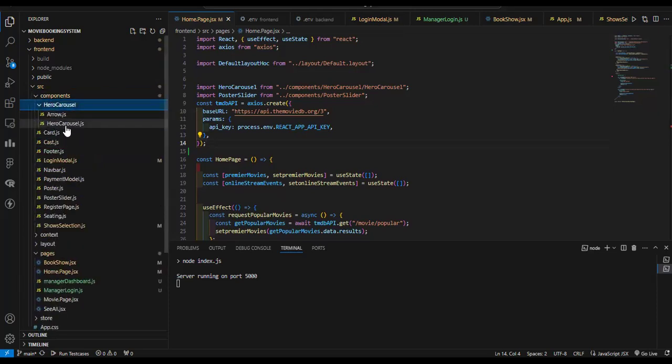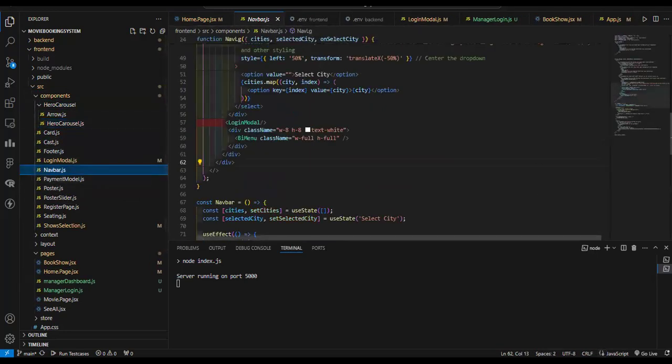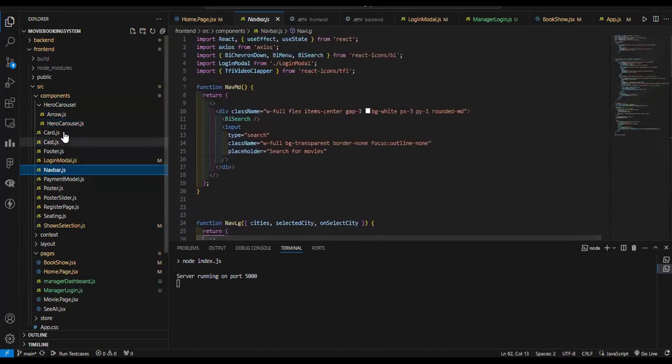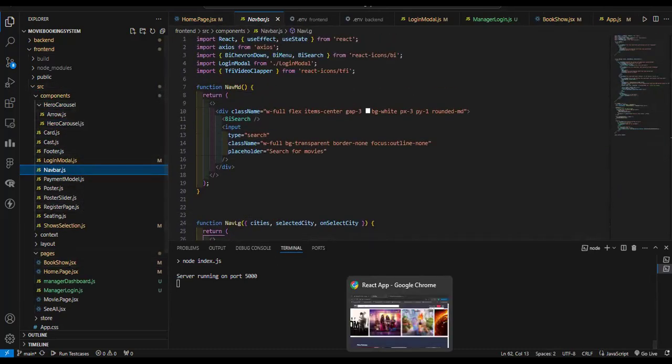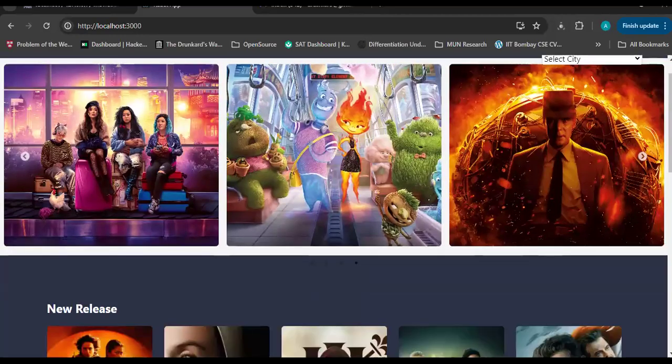Like this is a component in my project. Then apart from the homepage, we have the nav bar, which is the code for the nav bar. So going to the homepage again,